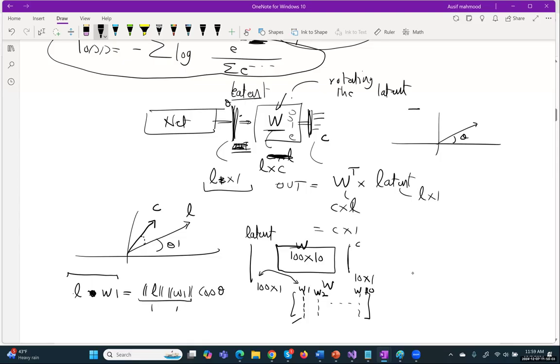As we pass through this W transformation, what it's doing is, depending upon which category it belongs to, it will rotate one category, maybe one category will go over here, another category will go over here, another category will go over here, right? So if we can, in our loss function, force this distance, or this angle, to be higher, it will do a better job. So coming back to the loss function,